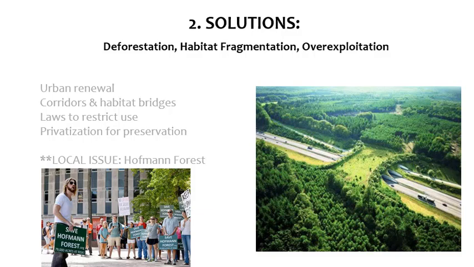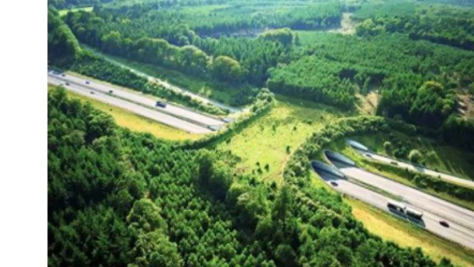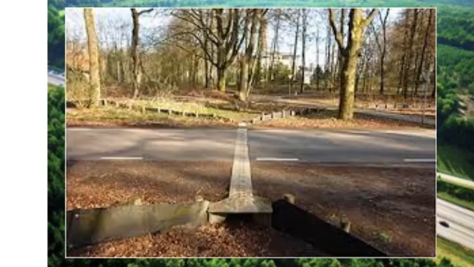What are some solutions to deforestation? Many localities are emphasizing urban renewal to limit the spread of people and limit the amount of area we take. There are also interesting infrastructure projects resulting from some very cool research. Corridors are narrow strips of forest that connect two larger pieces and allow animals to move from one fragment to another. This picture is of a habitat bridge. It connects two large areas of forest over a highway that fragmented that habitat. There are also tunnels that run underneath large roadways to connect areas and limit the number of animals killed on the road.